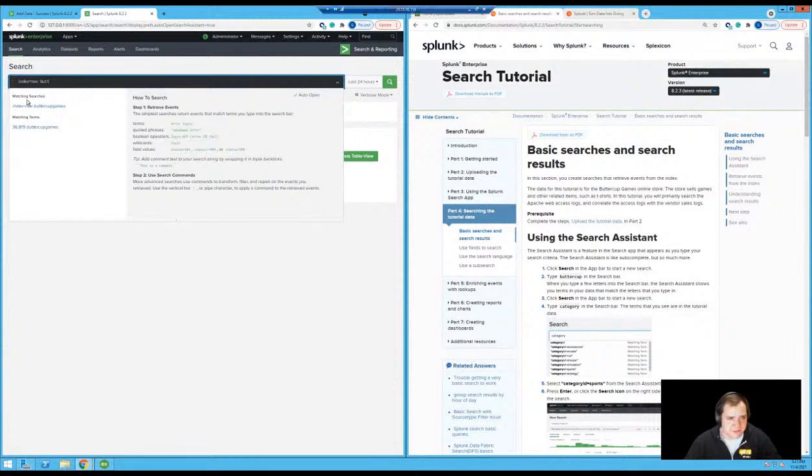So we're going to see the matching searches of the searches we just did. And you can just click on that and it'll automatically populate for us. And then we can click search in the app to start a new search. And we're just going to come in here. And what we can do